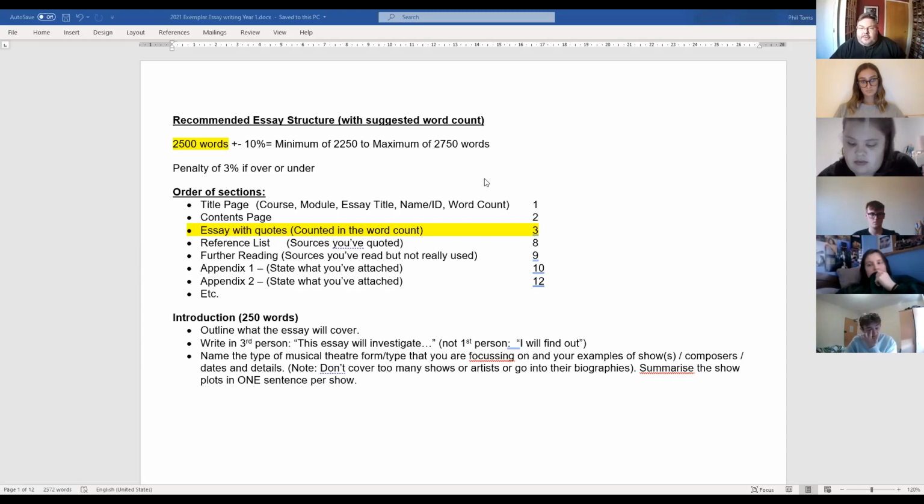So all I need to think about for this week is to think what genre or what form of topic you want to write about, what type of musical, and which 2 shows you want to use as examples. And I said one show should be the earliest version you can find, or one of the early versions you can find of that type, and the other show should be a modern one. So something after 1980 perhaps is modern, depending on when the early version was.